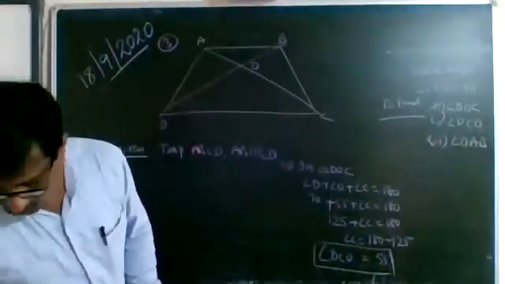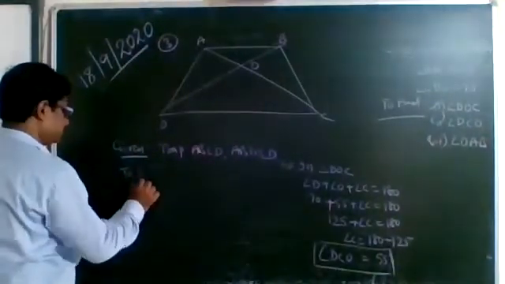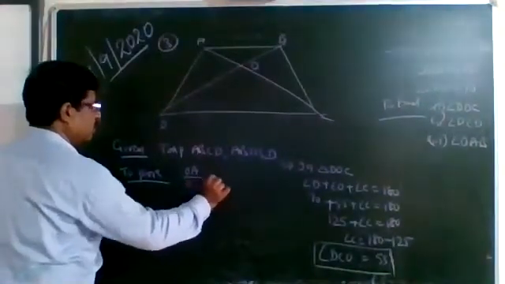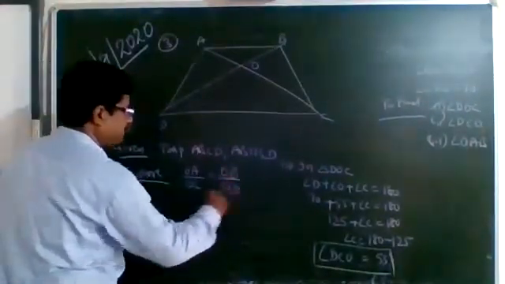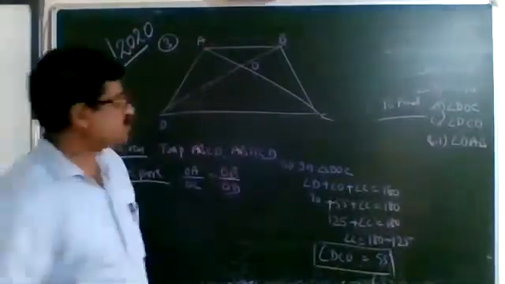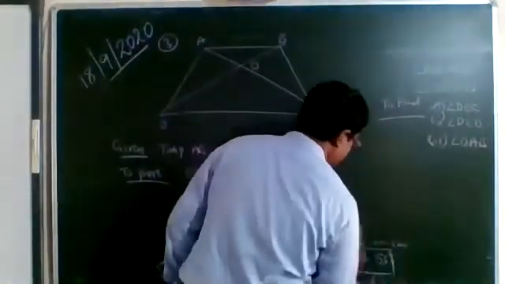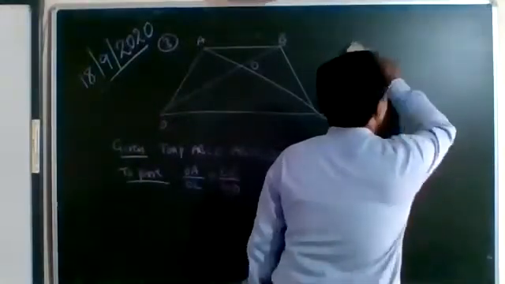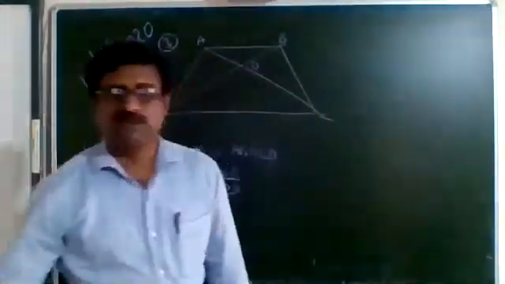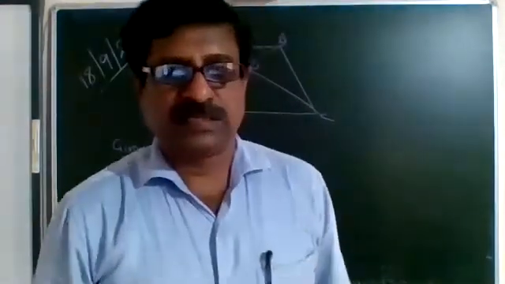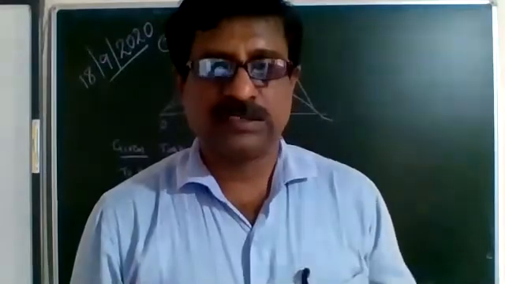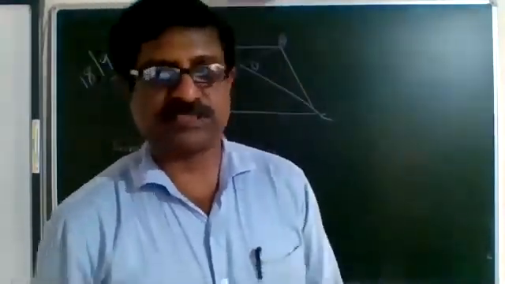The question is to show that OA upon OC is equal to OB upon OD. The same question we have done, but here that is not BPT. Using BPT, we have shown OA upon OC equal to OB upon OD. When you used BPT in the previous exercise 6.2, the last two questions were related to this.